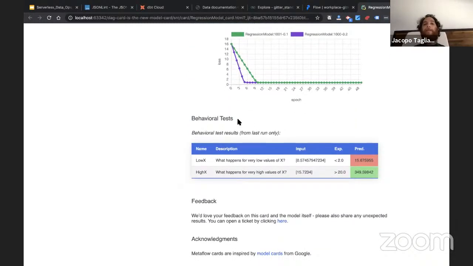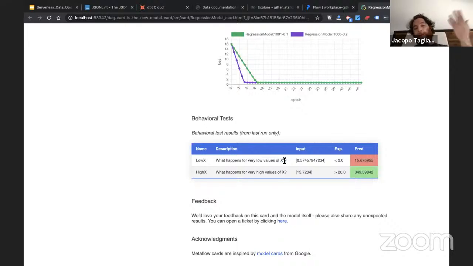And finally, you have the behavioral test. Behavioral tests, again, we could spend a PhD on this, but behavioral tests have this idea. There's a nice paper called, I think, Behavioral Checklist for NLP that you should check out. But paper aside, the general idea is that there are cases that we want to test specifically, outside of the general precision. For example, in this case, we want to test what happens when